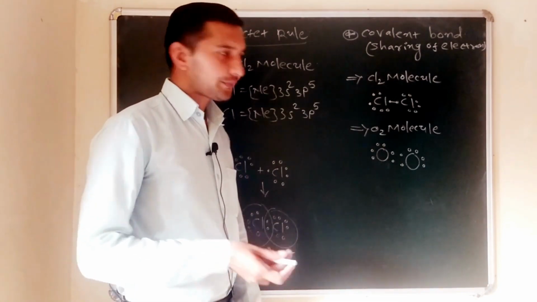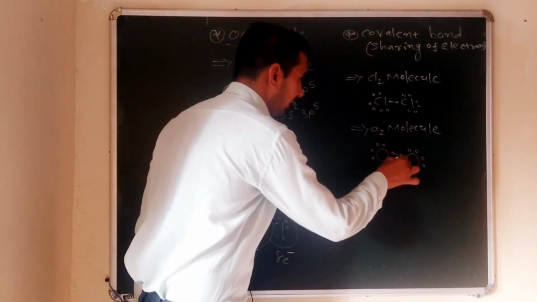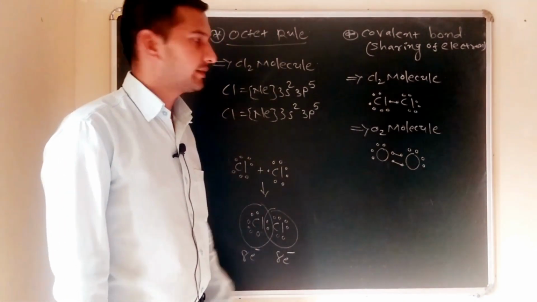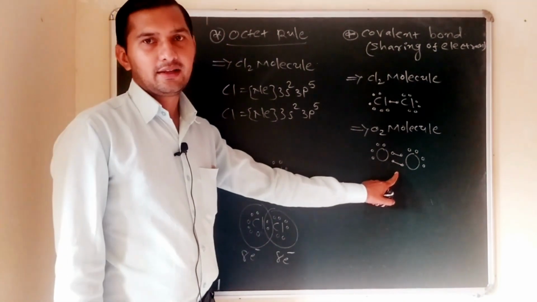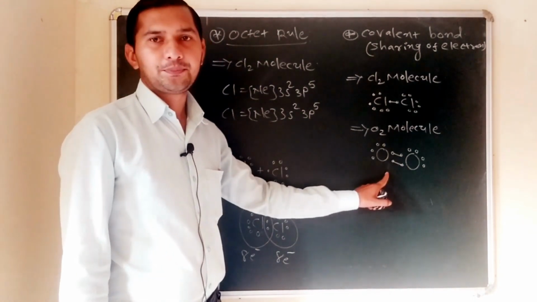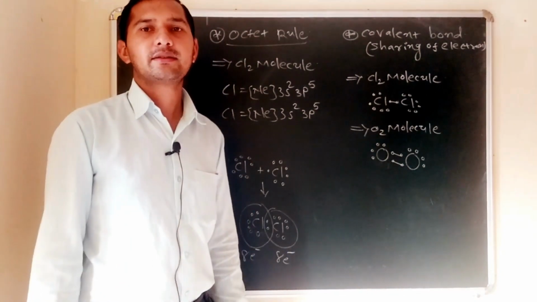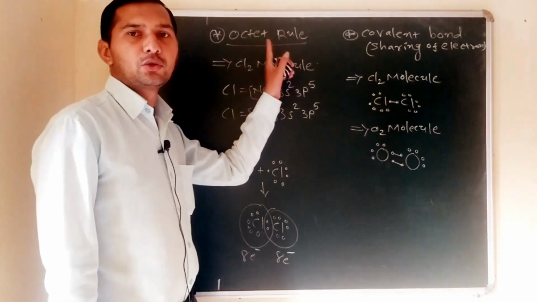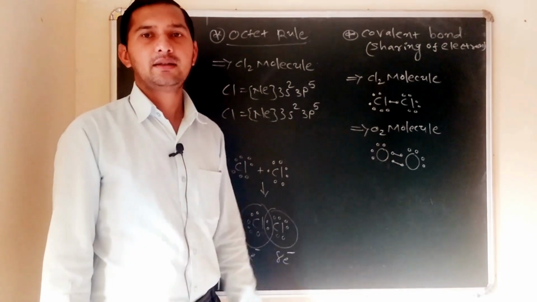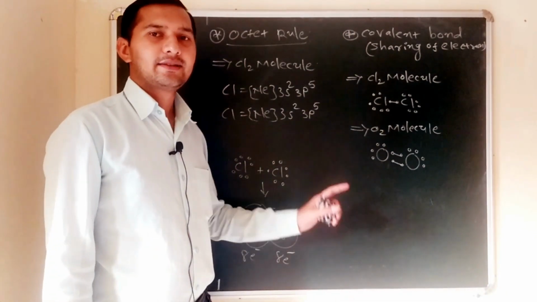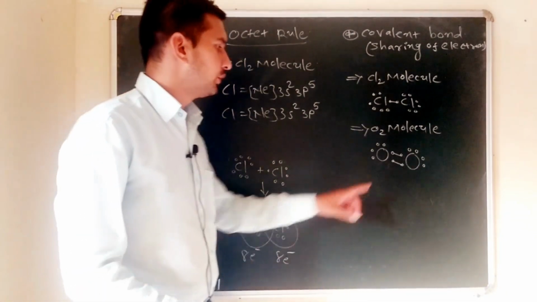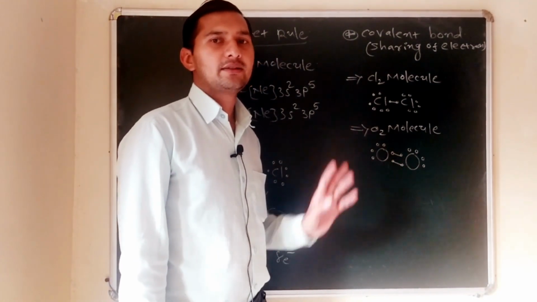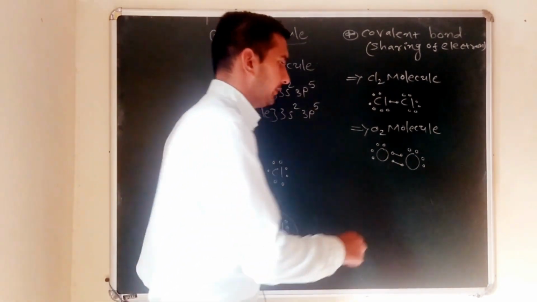If each shares 2 electrons with the other atom, they form an 8 valence electron configuration in the outermost shell. So both oxygen atoms acquire 8 valence electrons in the outermost shell, and both atoms follow the octet rule. Through this 8 electron configuration in the outermost shell, it acquires stability. But here two shared pairs of electrons are found in the stable molecule, so we can say it is a double covalent bond.